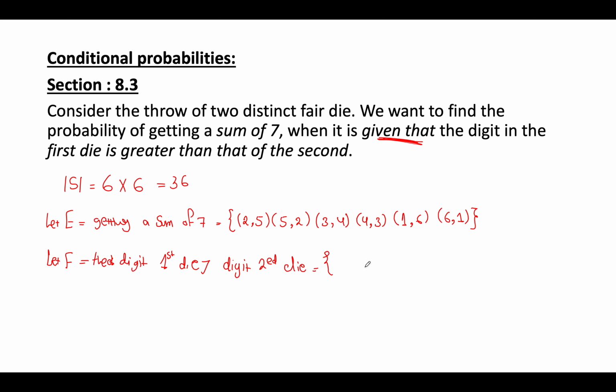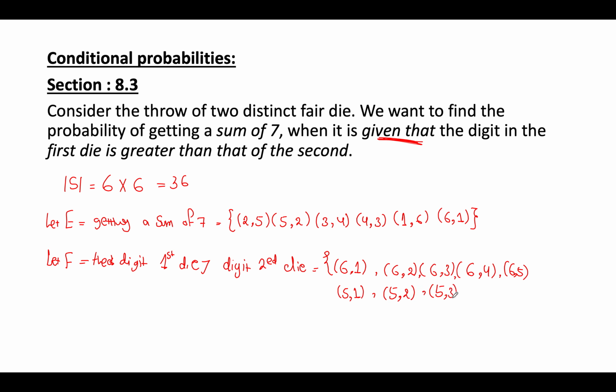Here the first die is greater than the second, so it might be 6-1, 6-2, 6-3, 6-4, and 6-5. Then we have 5-1, 5-2,